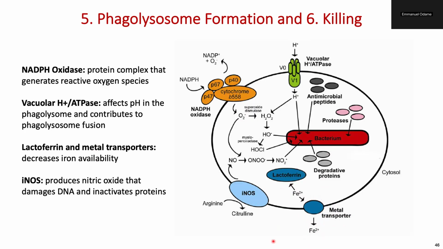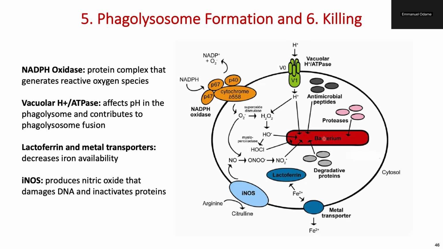The last mechanism is the activation of iNOS. Basically, they produce nitric oxide that damages the DNA and it activates protein. So nitric oxide is produced by iNOS, and then nitric oxide moves inside the bacterium and just disrupts all the bacterium's DNA, preventing it from replicating or making more of itself. So this is how complex all these mechanisms are, happening as a result of the release of lysosomes